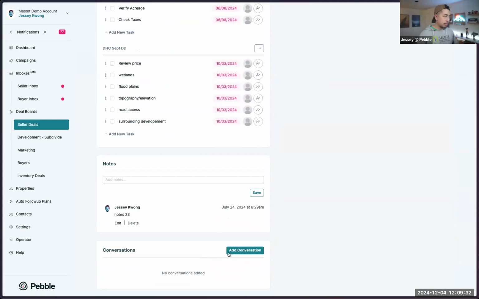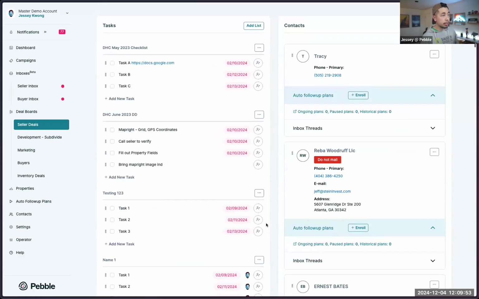So your best bet is going to be checking this tile here where it says conversations to see all the historic conversations. Now, this doesn't include physical mail. It's only going to be your email, text, and phone calls and voicemails and whatnot. The conversations are going to live here. Mailing, if you want to see what went out with mailing,